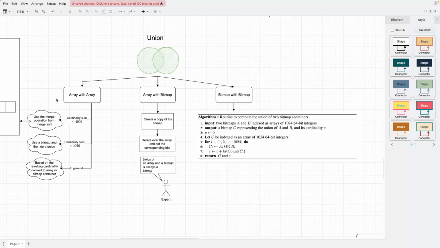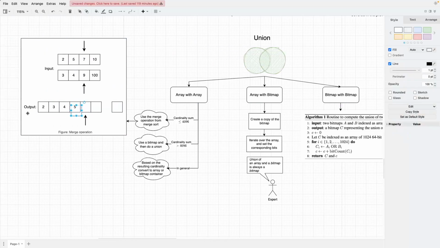Right. So just to repeat the question for the recording, the idea is that say you have an array container and a bitmap container, and in the array container you have the value 3, and you want to insert that into your bitmap container to do the union operation. So what you would do is very similar to